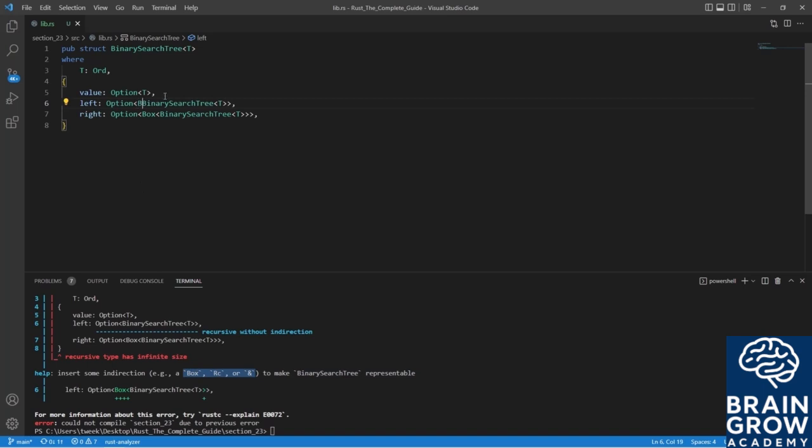So I went with Box. That way we are represented easily and very well on the heap. So now that we have our struct set up,